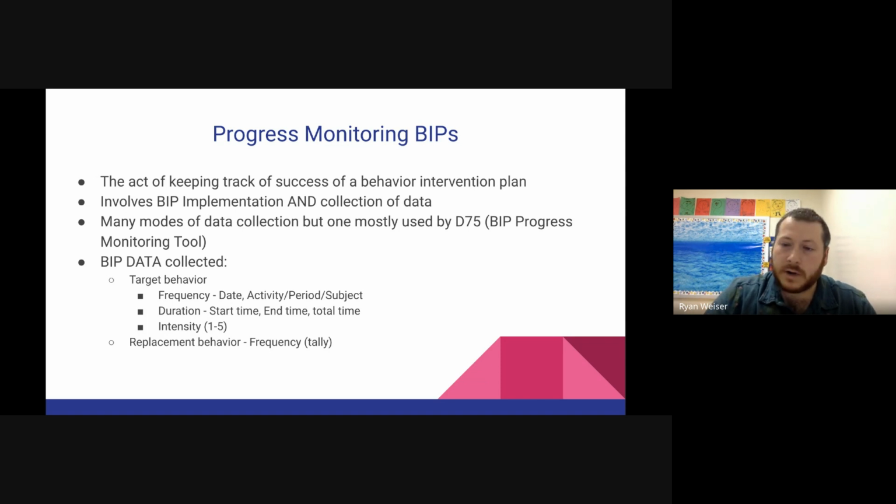And then intensity is incredibly important. At the very bottom of your progress monitor sheets, you're going to see a 1 through 5 level. Those are auto-populated from the BIP itself. We have your levels designed. And if you've ever created the FBA and BIP with the counseling team and the rest of the staff working with that student, you've been part of creating those intensity levels. We need to make sure we're knowing exactly which level was hit at that point.